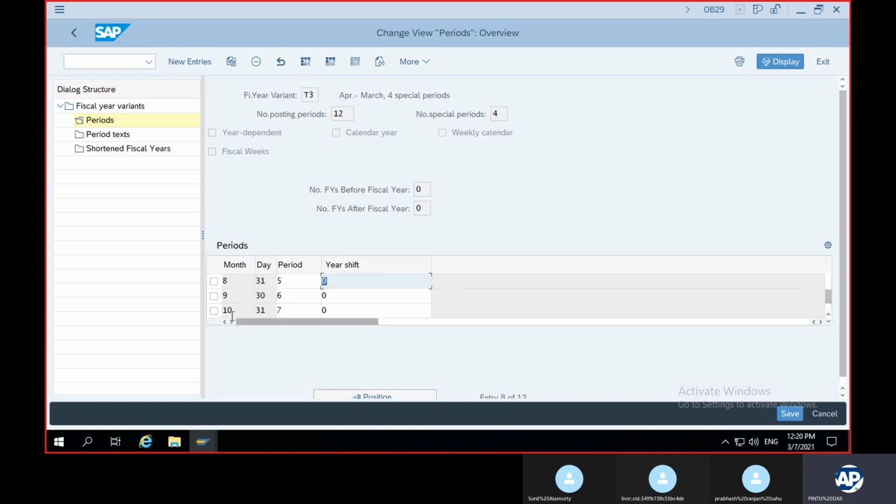Till you reach 12. Month number 12 is December. Day is 31 days, 2020. Your period is 9. For April to December, your period is 9. But year 2020, the month is 12. You are in till 2020. Now comes 2021.